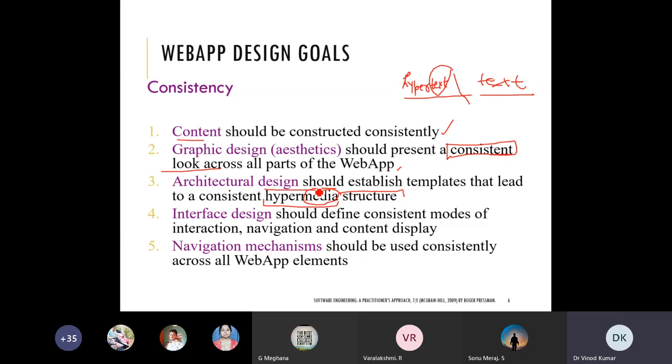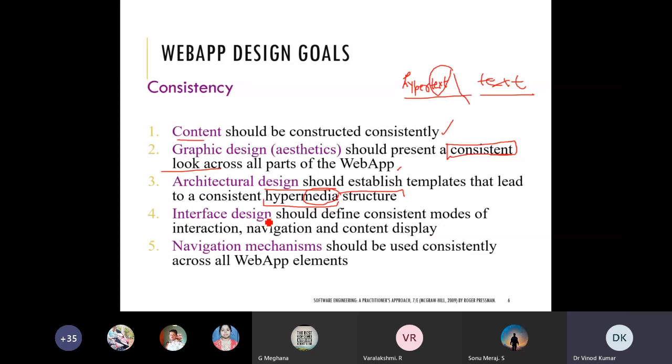Architectural design should establish templates that lead to consistent hypermedia structures. Consistency you have to maintain between these different hypermedia like text, audio, video, graphics, animations. Next, interface design.